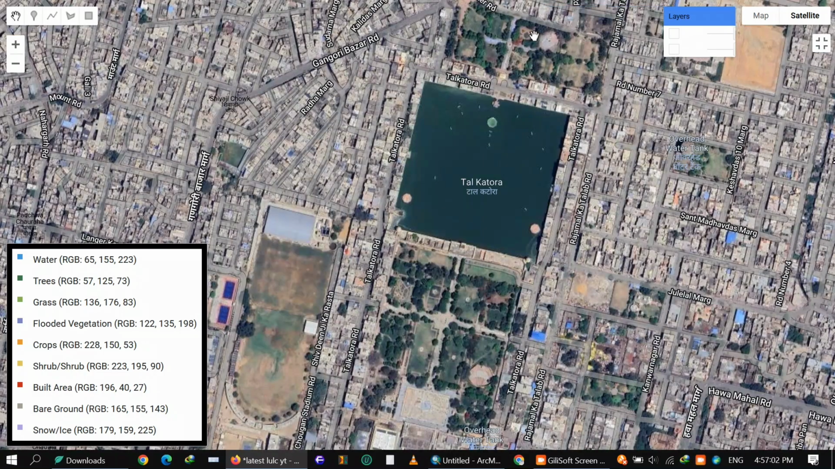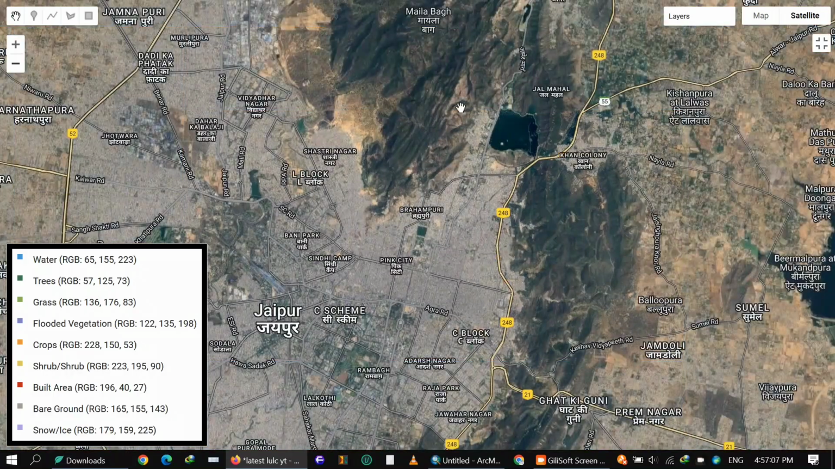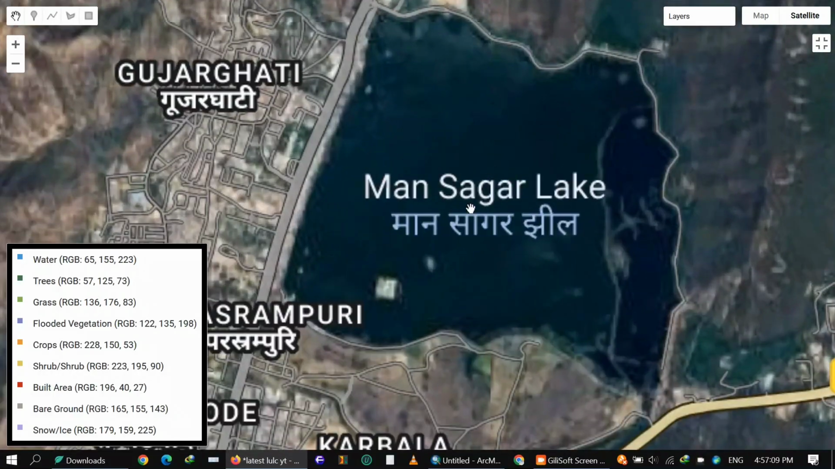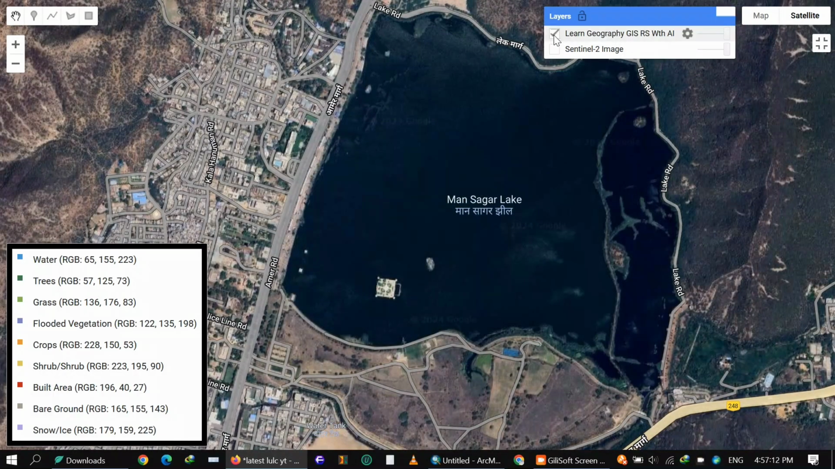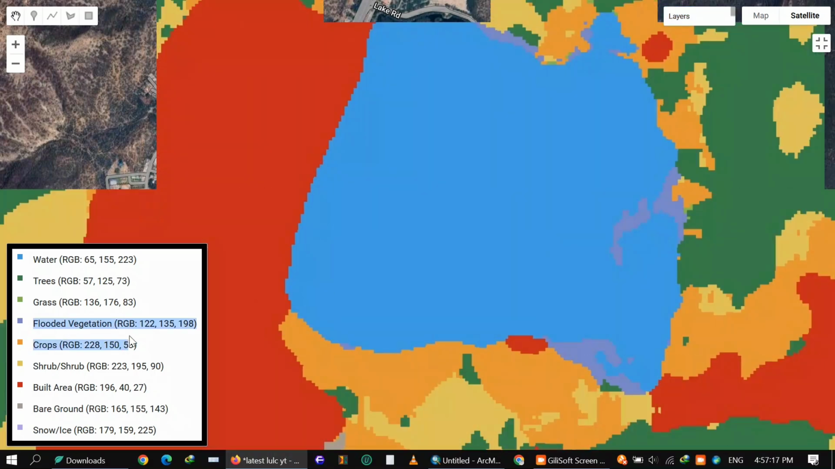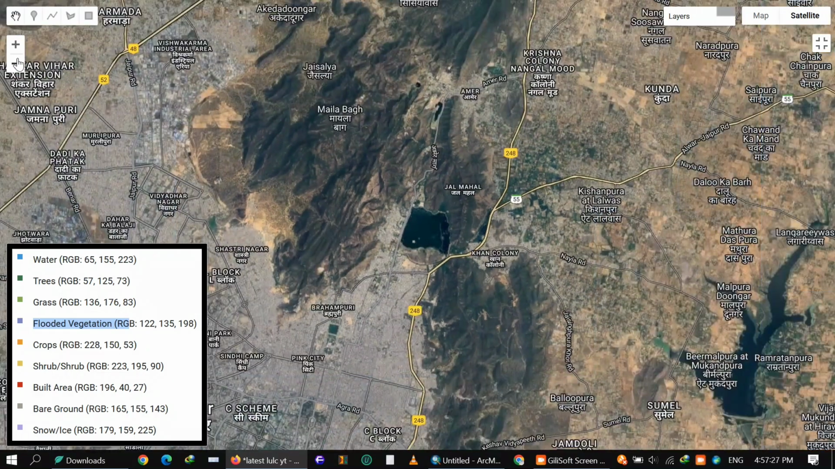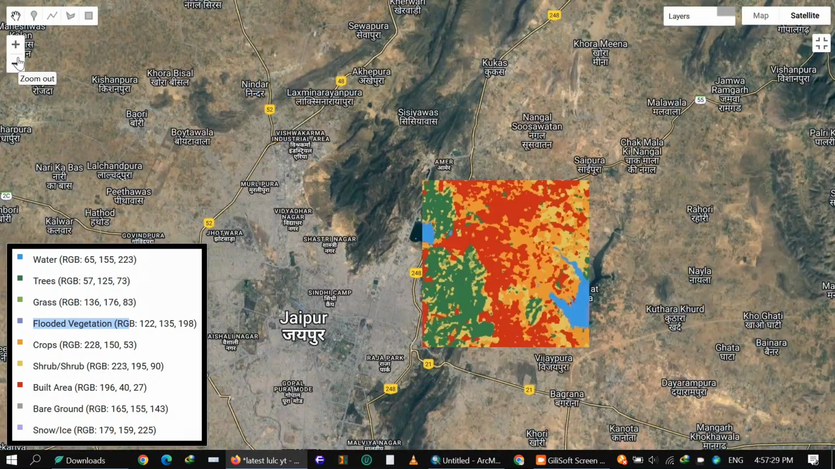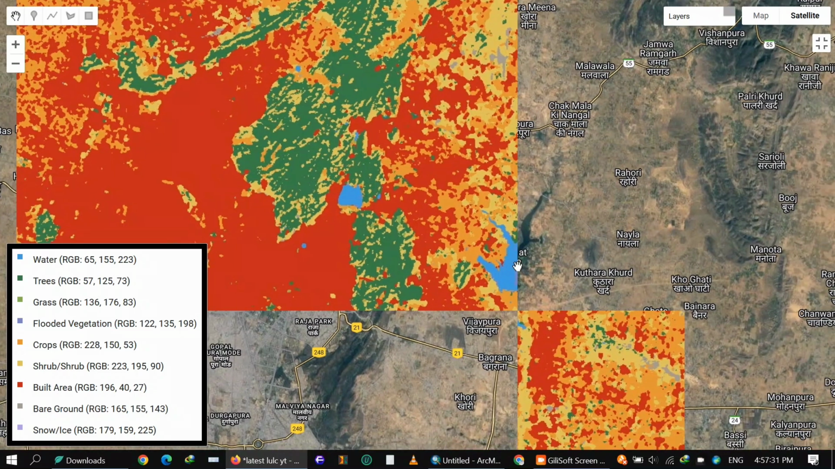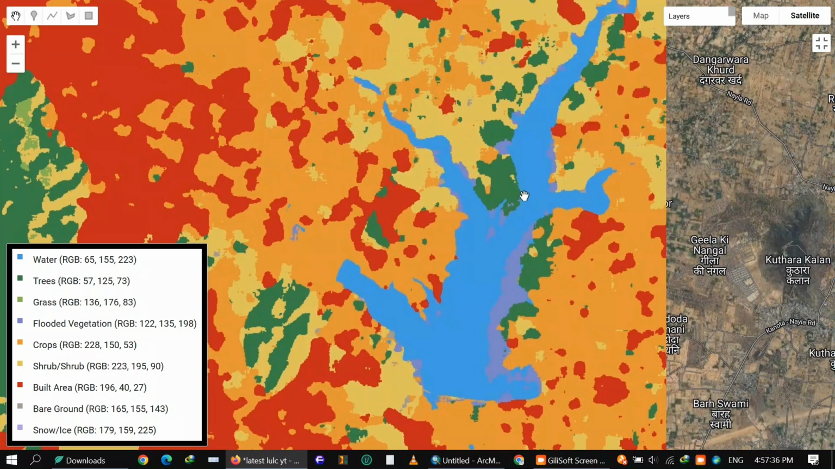From here you can investigate how accurately the Dynamic World dataset is helping us. For example, this is Mansagar Lake. When I click on the classified image, it accurately gives us that water area, and also represents the surrounding built up area and shrub and grass trees. This way you can get land use land cover for your study area, and you